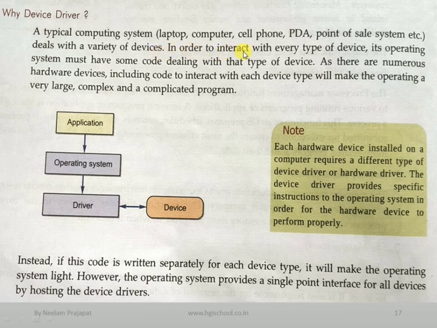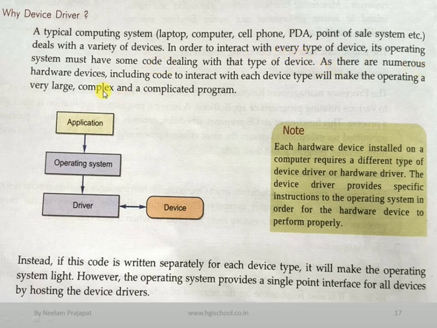Then what happens? Obviously, the computer understands machine language. But there should be a program, some coding should be there, so that a particular device can be connected with the computer. The compilers and interpreters are there to detect the code so that the computer can understand. But actually some sort of code is required to install those external devices.